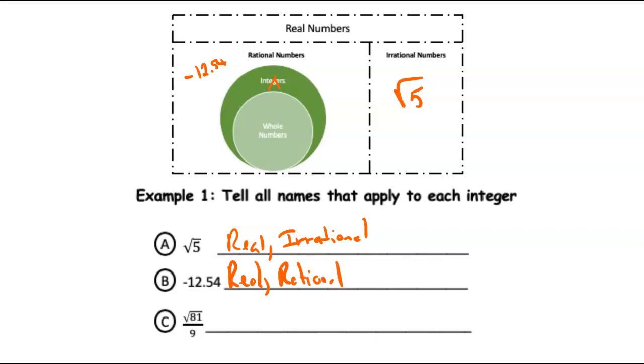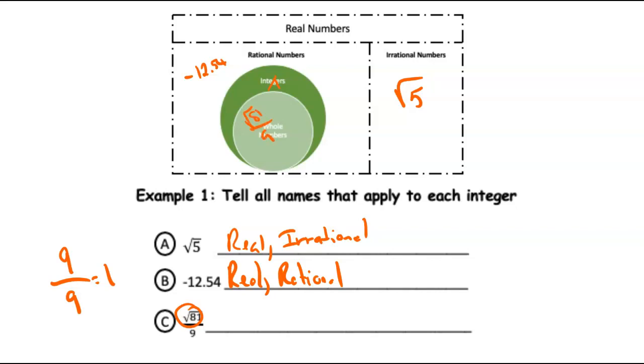C, square root of 81 over 9. Okay, this is kind of a trick question. The square root of 81 has a perfect square, so we need to simplify this first. The square root of 81 is 9, and then 9 over 9 means 9 divided by 9, which is 1. So we're really looking to see where 1 fits into this category. Well, 1 is a real number, it is rational, it is also an integer, and it's also a whole number. So this would go